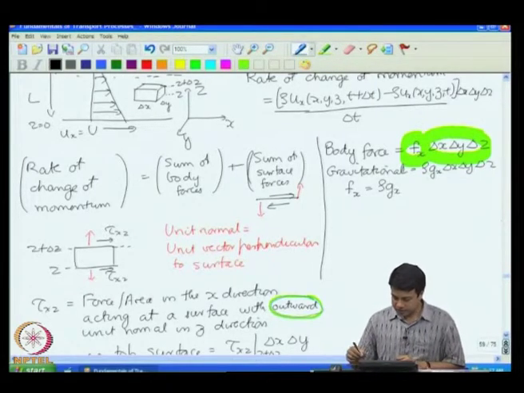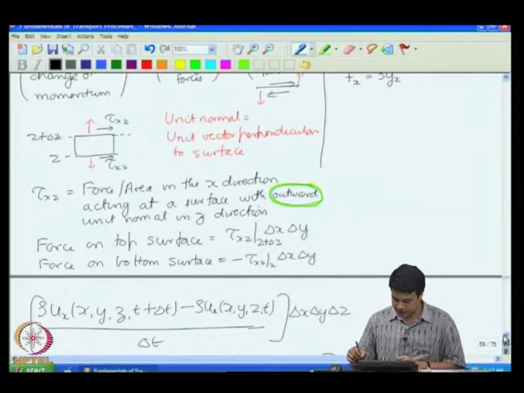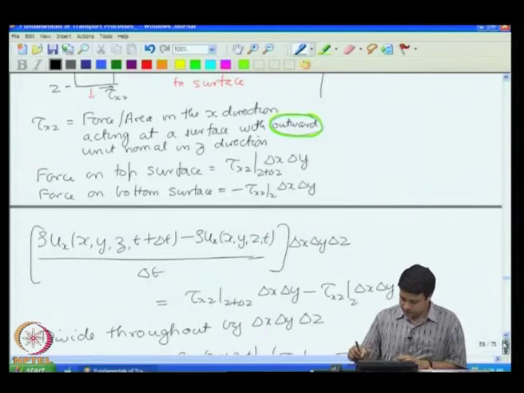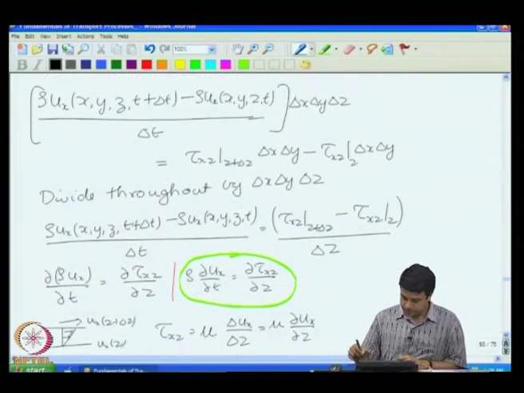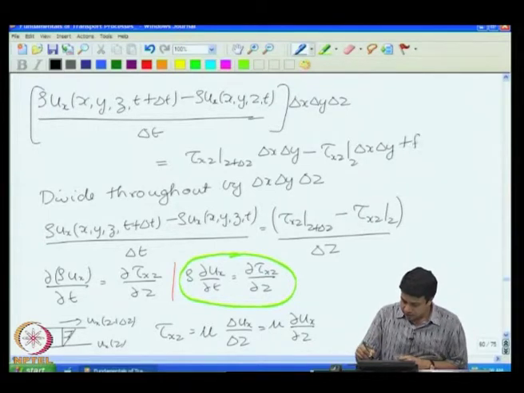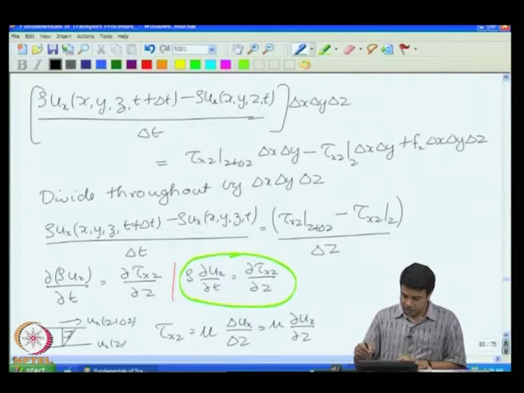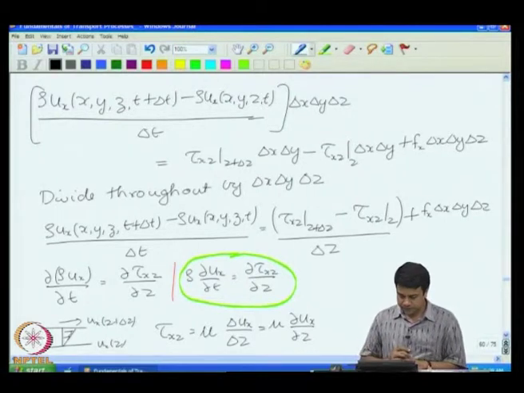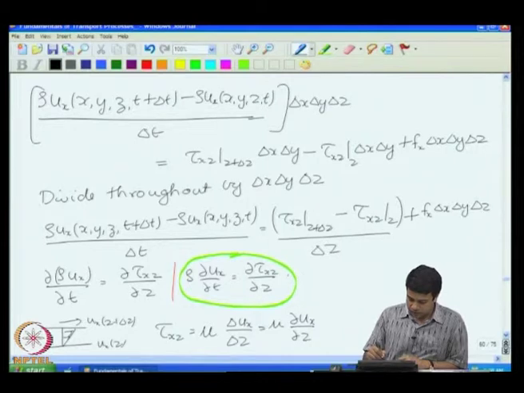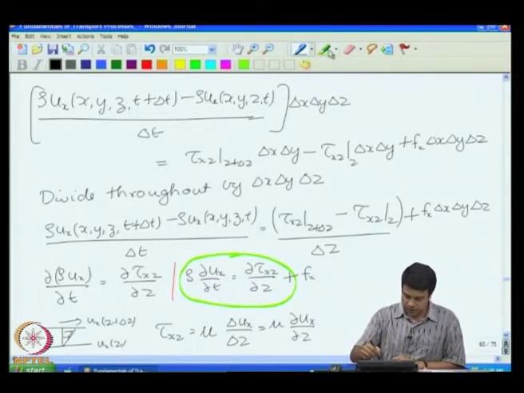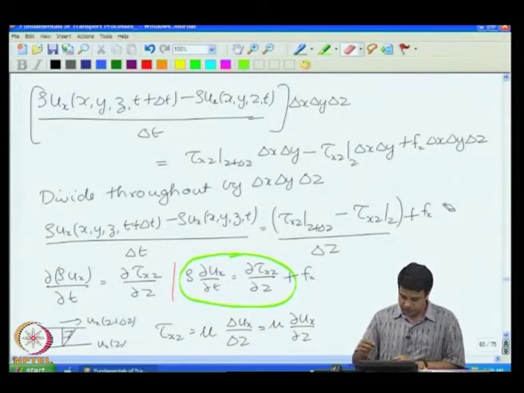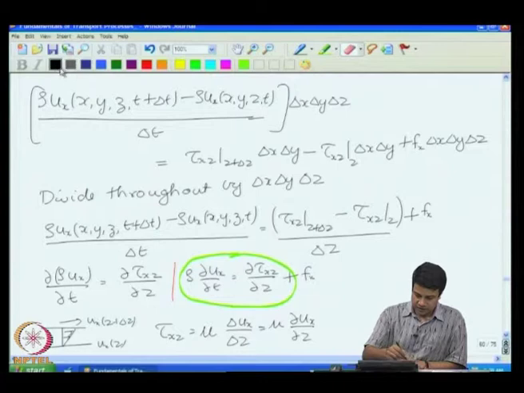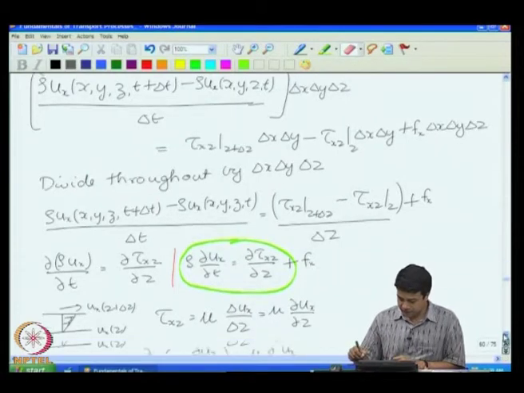So, this can be put into the differential equation which I had earlier. Plus f x delta x delta y delta z. I have a similar force form here, plus f x delta x delta y delta z. And this carries through to this equation, plus f x. I am sorry, when I write this, there should be no delta x. When I divide through by delta x delta y delta z, this delta x delta y delta z cancels and I will just get f x. And therefore, my momentum conservation equation finally is of the form